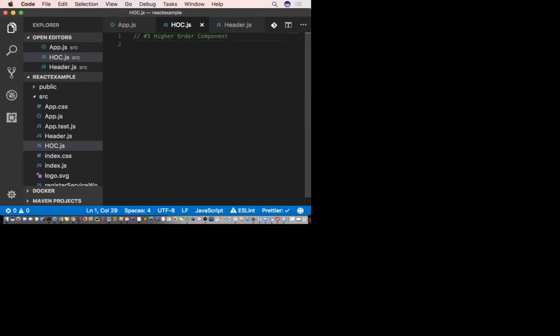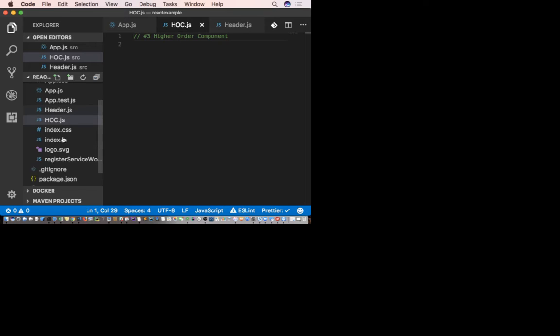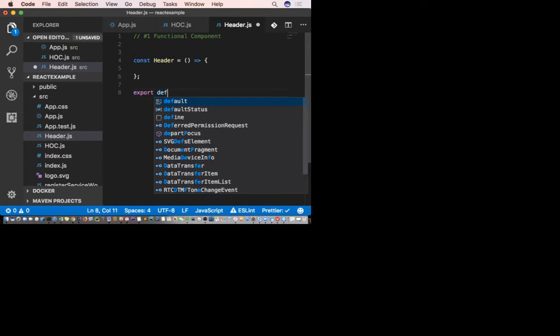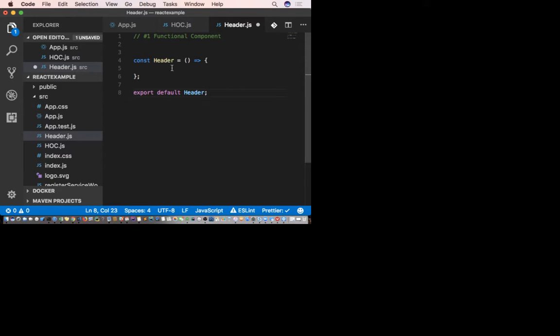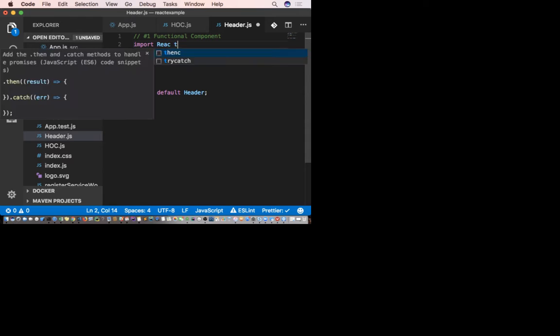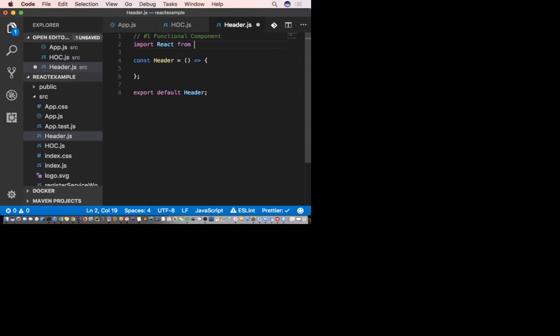Well, how do we define it? Well, here's how we define the first one. It's just a function. And always make sure you import React.